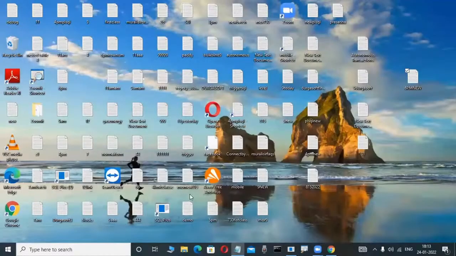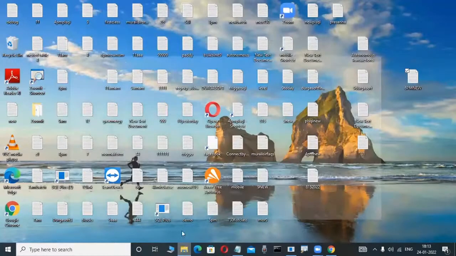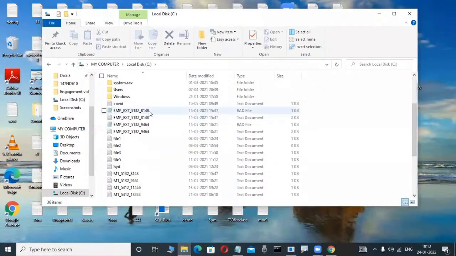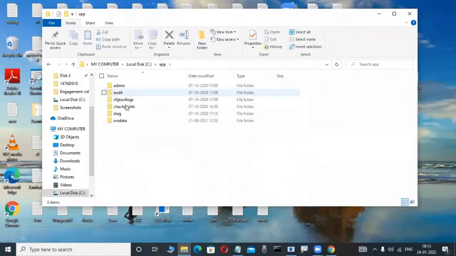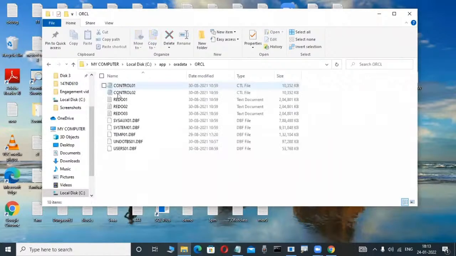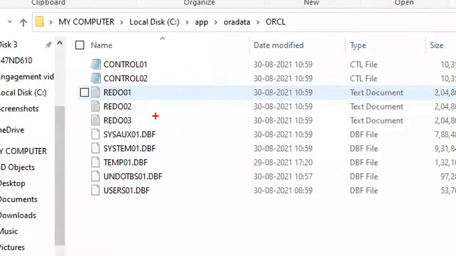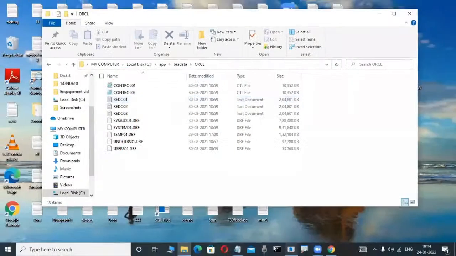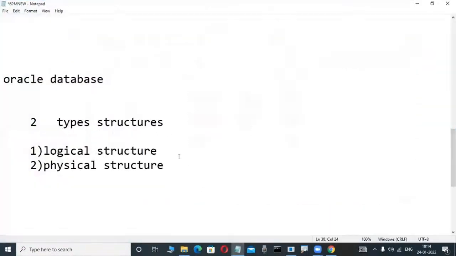I install Oracle in the C drive or somewhere, how to install it we will learn in the next classes, don't worry. But in the C drive, D drive, the table is not visible. That's why a logical structure is a structure which is not visible